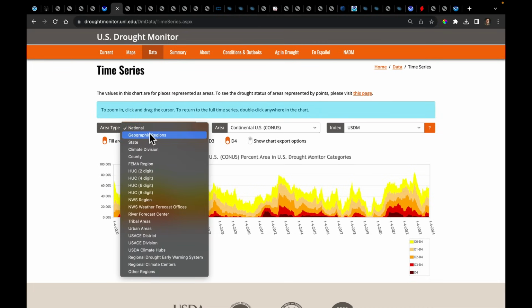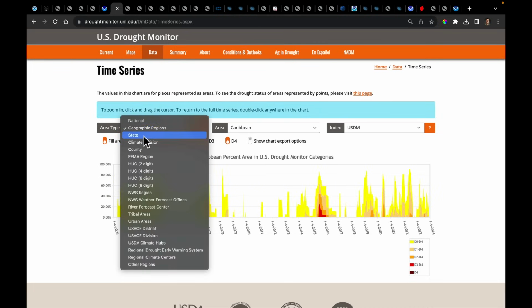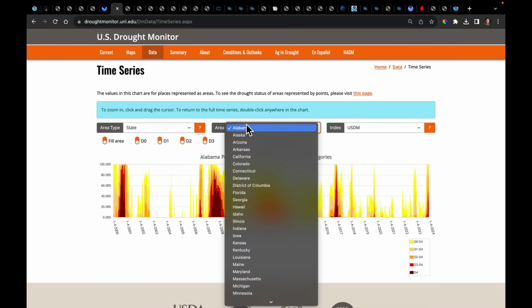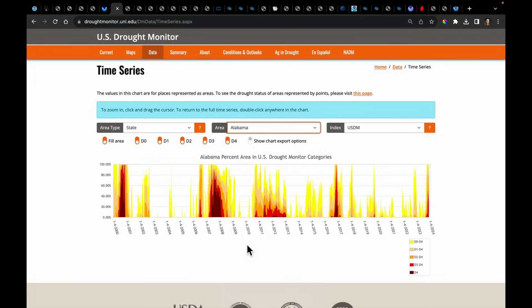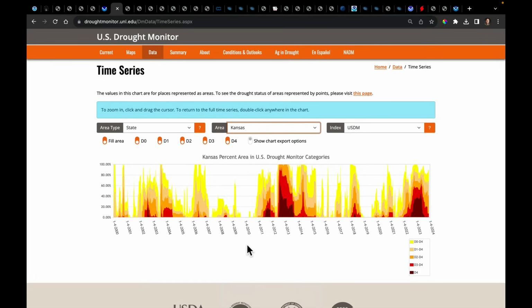Let's break this down by geographical regions. In fact, let's go by state. Why not? I'm just going to pick, I don't know, let's pick Kansas. I landed on it. Let's just go there. So as we look at Kansas, over this time period, we can see these episodes of